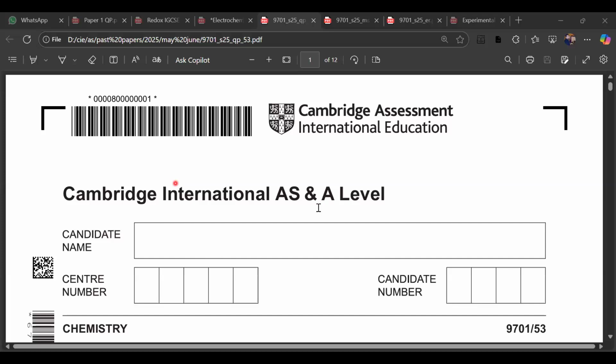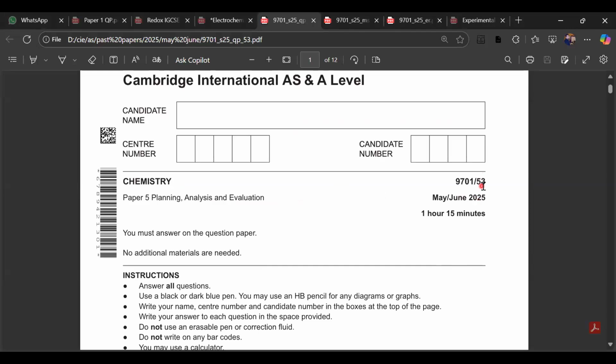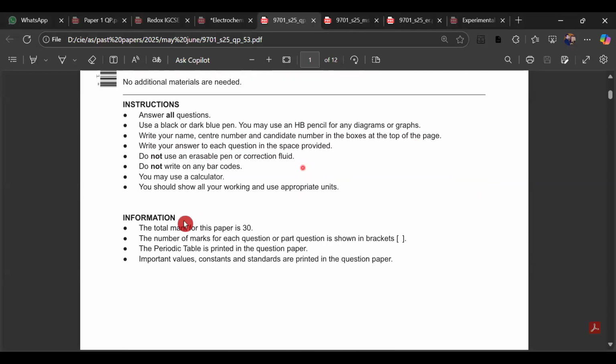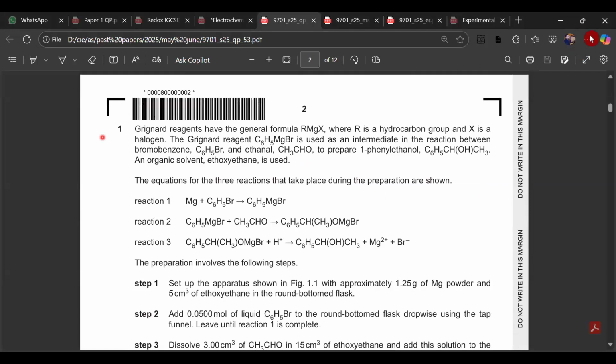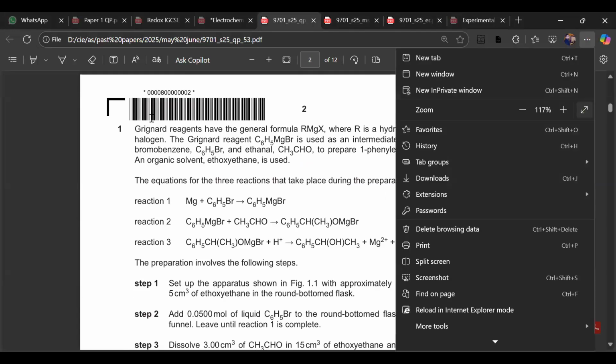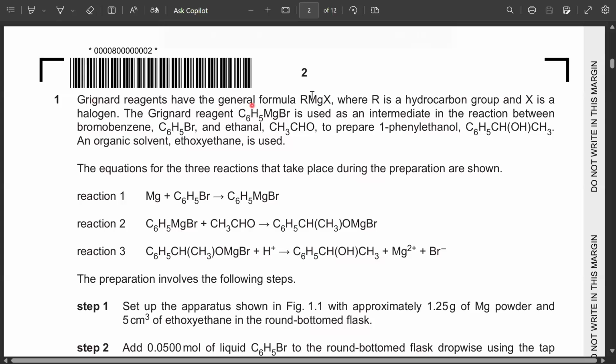So, question paper major 2025, and it's paper 5, region 3. Question number 1. Number 1 says Grignard reagents have the general formula RMgX, where R is the hydrocarbon group and X is the halogen. The Grignard reagent